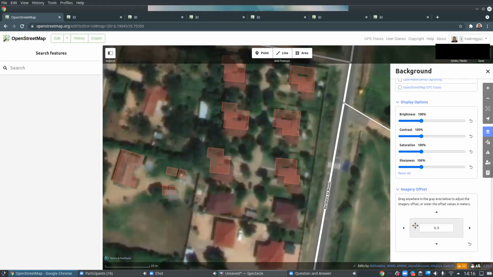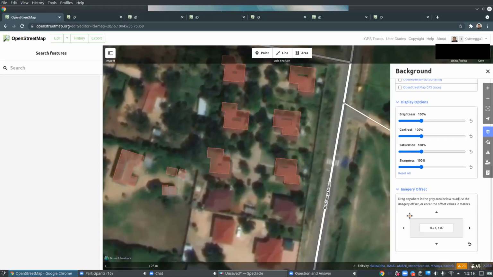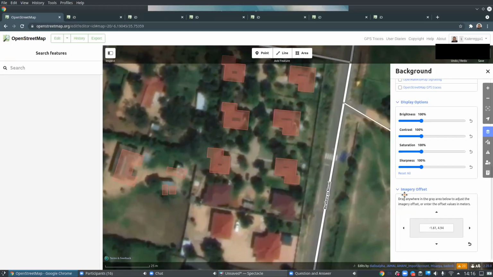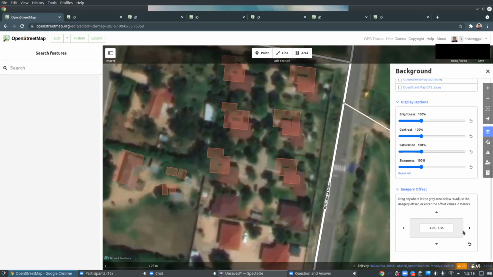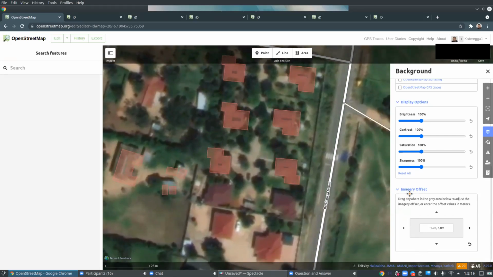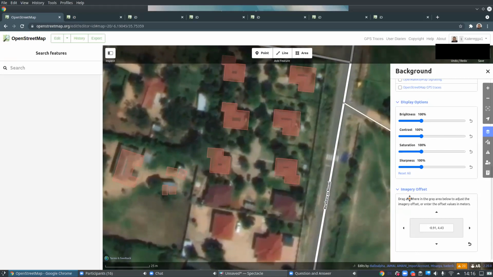If I point in this gray area, the cursor changes, and now if I move the cursor, it moves the imagery. So you can see what's happening. I'm moving the imagery now to match the existing mapping. So I'm trying to realign these features so that they align